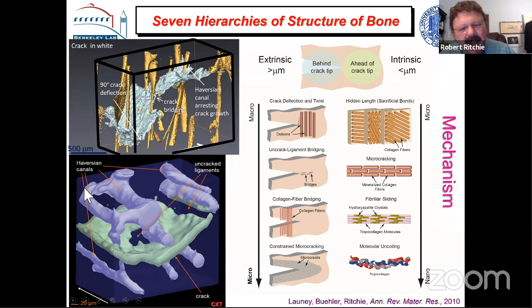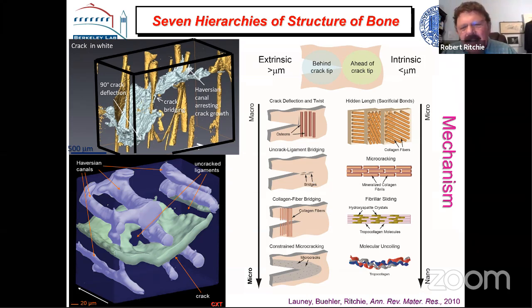If we propagate the crack in the other orientation, so now the main osteons are in this direction. These little linking ones, I forgot what they're called, but the main osteons are here. The crack is growing parallel to them in this particular orientation, in this figure. This is a three-dimensional tomograph. This is the crack in this white region here, and the front of the crack is here, but everything in dark blue is unbroken, and you can see these regions behind the crack tip, which are what I call uncracked ligaments, these little regions between the